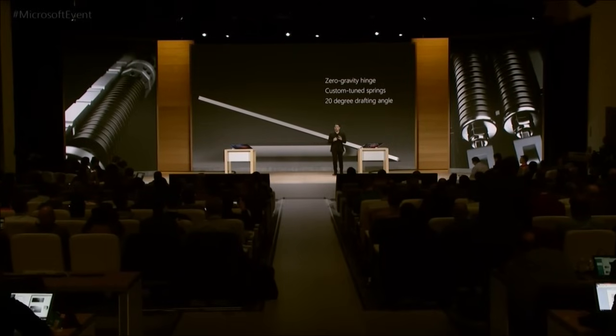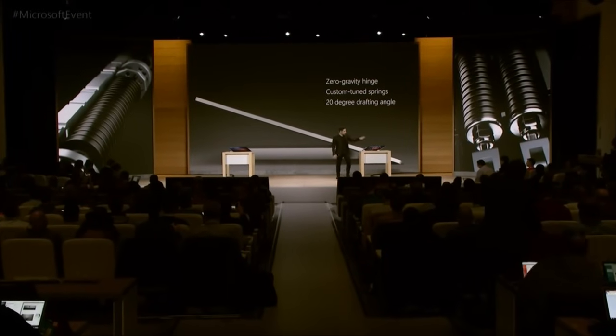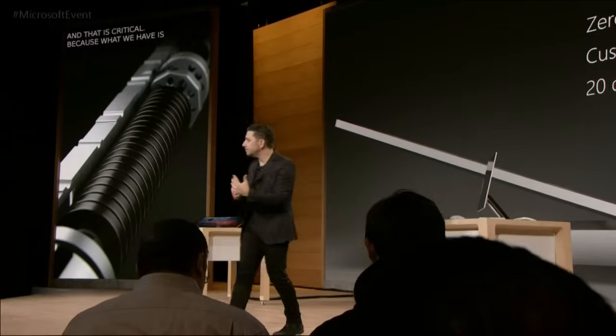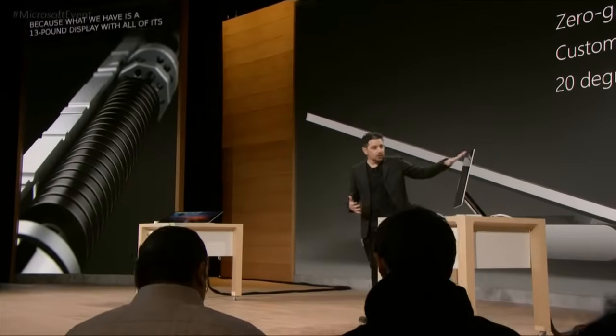What does that mean? Basically means it's weightless. And that's critical. Because what we have is a 13-pound display with all its thinness and the aluminum enclosure that we talked about. But we have to make it as simple as possible. You can pick any angle. We have a counterspring system in that same base we talked about earlier